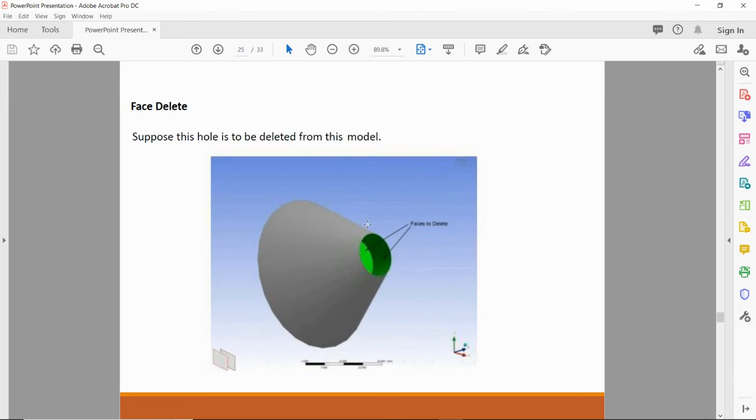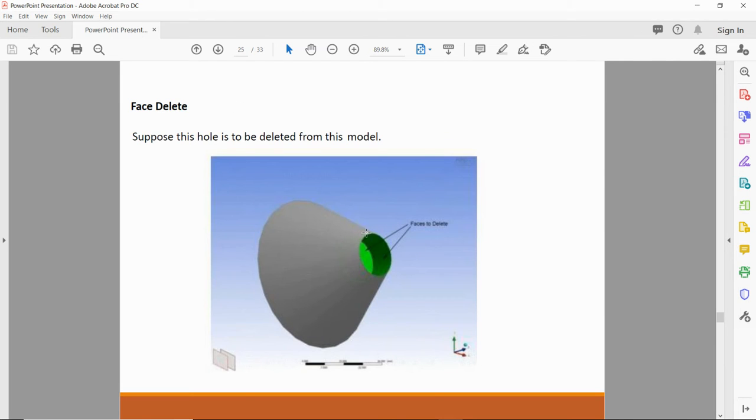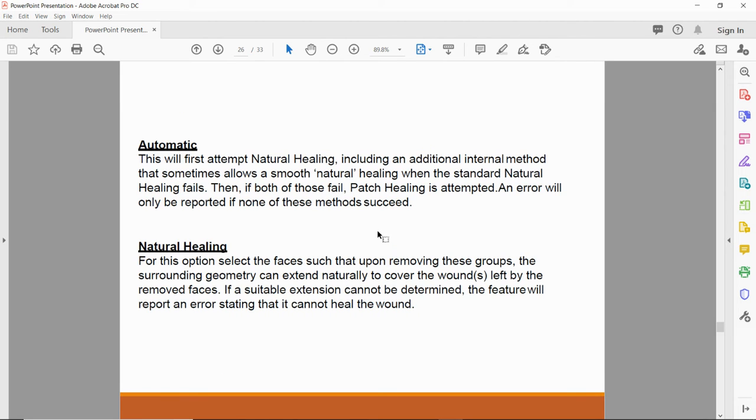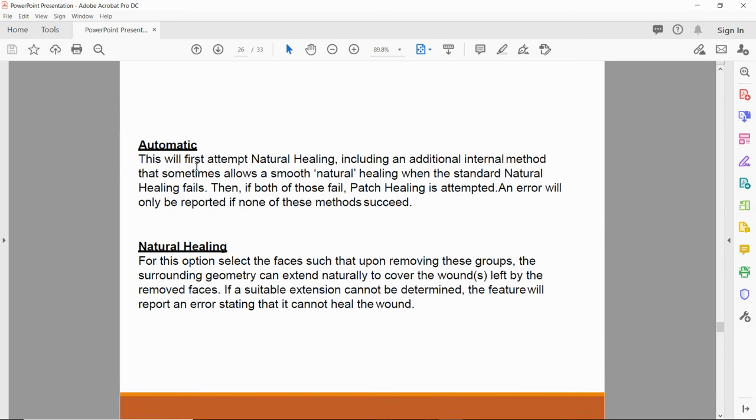First is Automatic. For face delete, here is one problem statement. Here you can see one face is deleted in this model. For the healing method, first is Automatic. This will first attempt natural healing, which includes an additional internal method that sometimes allows a smooth natural healing when the standard natural healing fails.